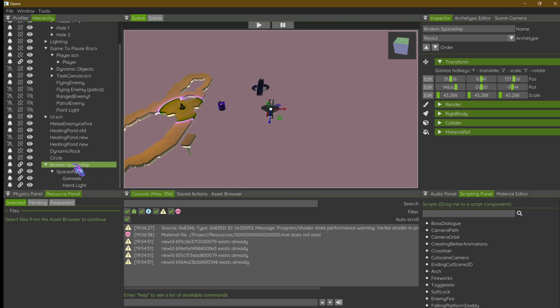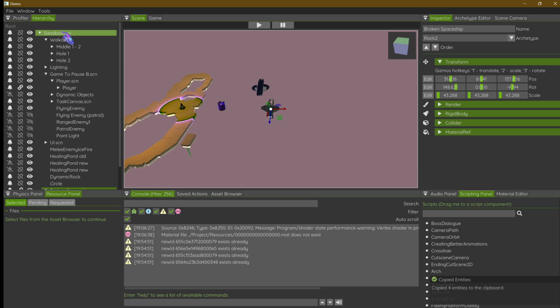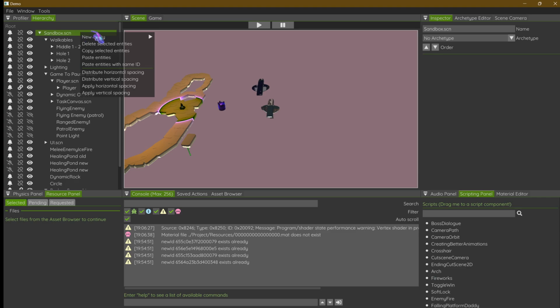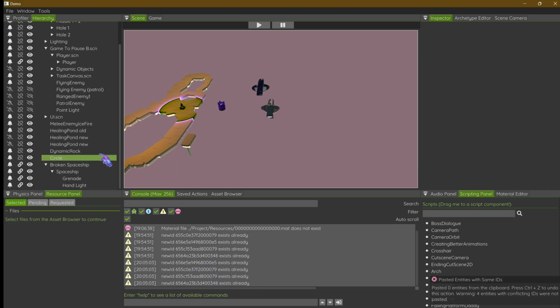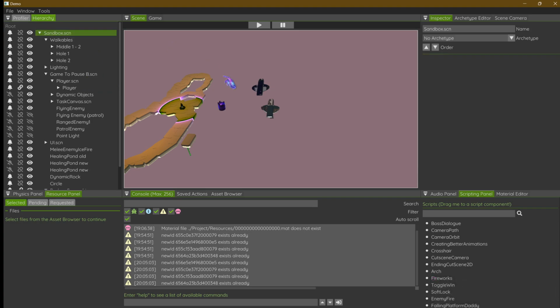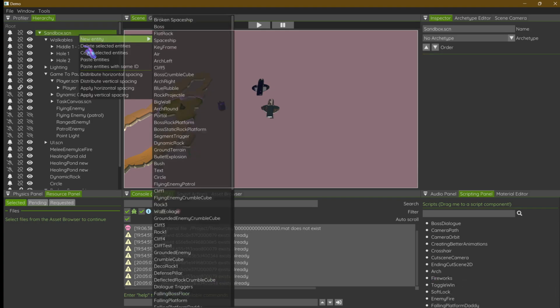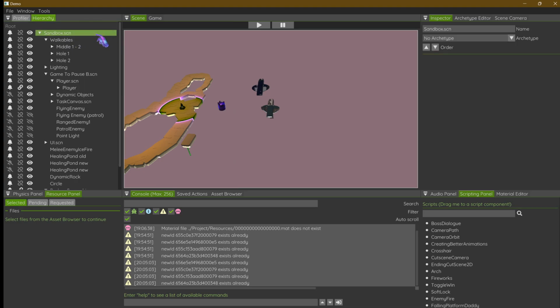And next is also the copy and paste. So if I want to copy this, I can just press Ctrl C, and if I want to paste it, I have to first select the parent that I want to paste it in. So for example, sandbox.scene, and I can choose whether to paste entities with the same ID or not. If I choose paste entities with the same ID, you'll get a warning that the ID already exists and it will not be pasted. However, if I just press Ctrl V, which by default uses the one without the same IDs, you can see